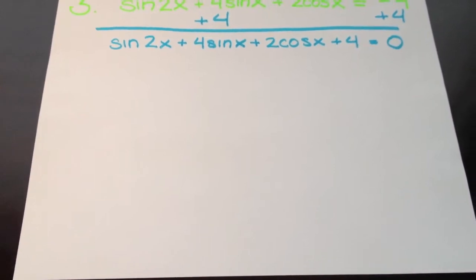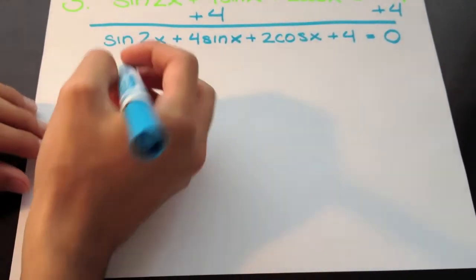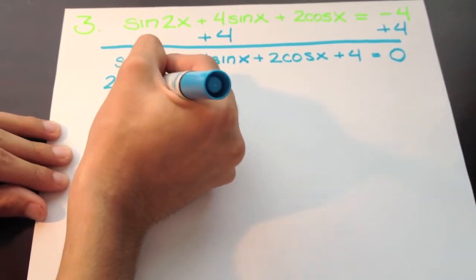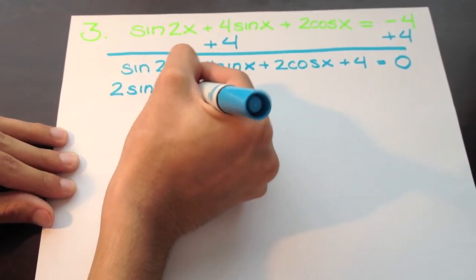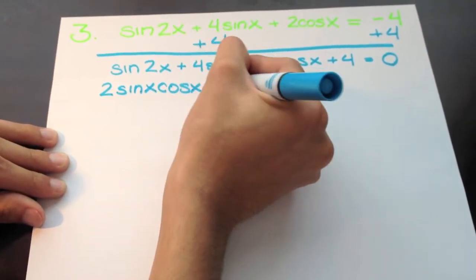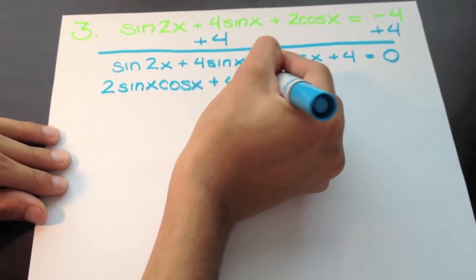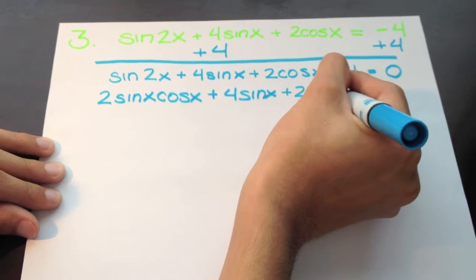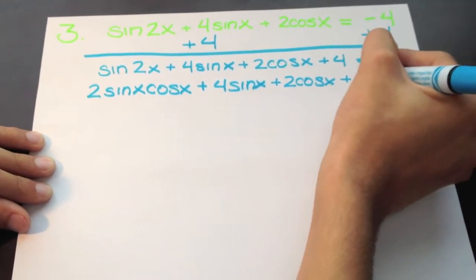This is going to give me 2 sine of x times cos of x plus 4 sine of x plus 2 cos of x plus 4